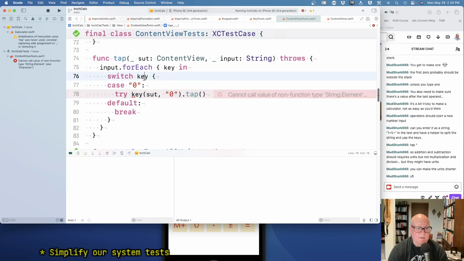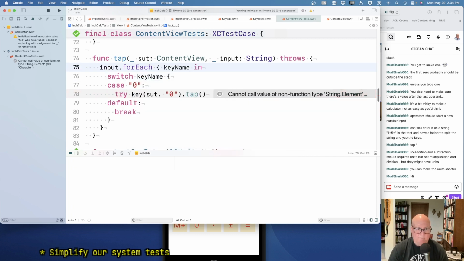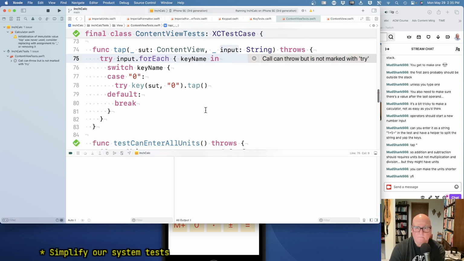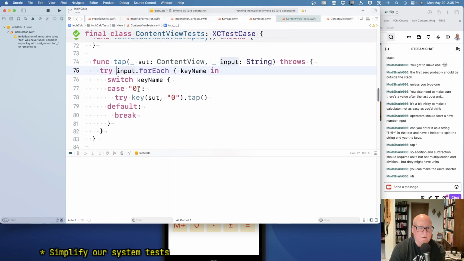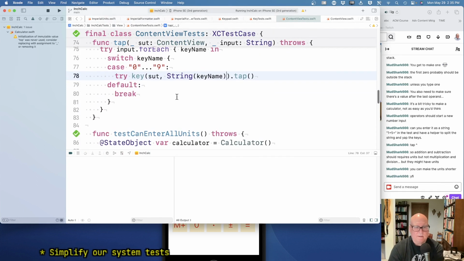Oh, let's see, keys being okay, I think I can do this. 9. String of key name dot tab. Okay. And then,